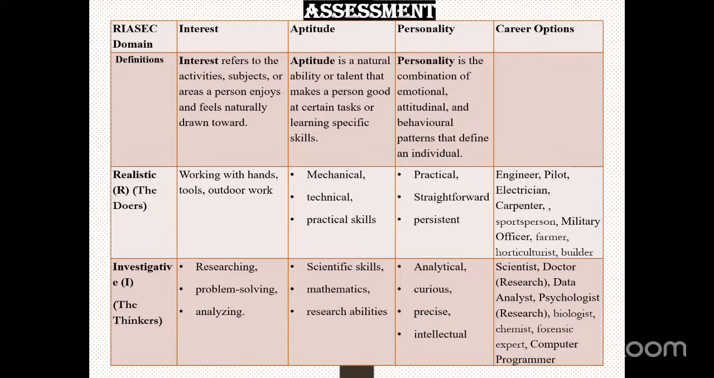Second one is investigative. What interests may the person have to pursue this investigating part? The thinkers, whose interest is researching, searching for something new, solving problems of different types, analyzing. And aptitude is scientific skills, mathematics. Just like I have shared, if someone is good with numbers, if someone is good in mathematics, this is our aptitude, this is a natural ability. You can't acquire this talent. Okay, maybe you can, but if a person has a natural ability, it is a blessing. Then the personality the person may have: being precise, analytical, curious. And the career options are scientist, researcher, analyst. These are the career options. Next slide is